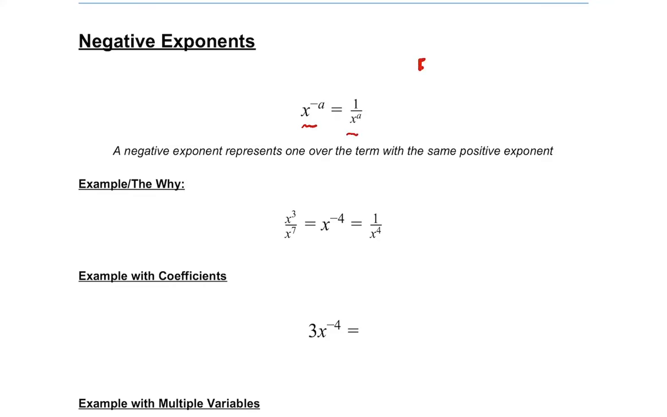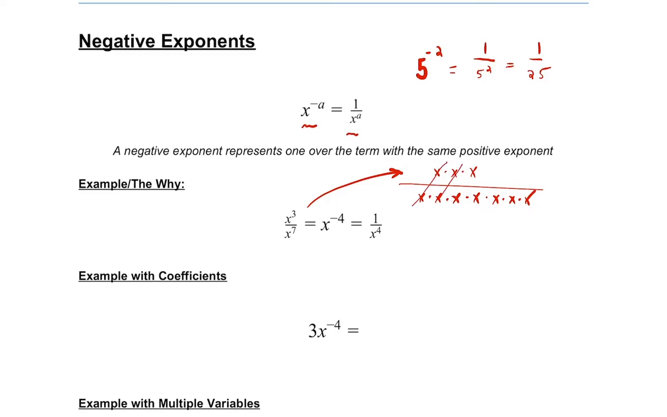So as a quick example with a number, 5 to the negative second is 1 over 5 squared, or 1 over 25. And the reason that this is how negative exponents end up being represented is, take a look at this one. If we had x to the third over x to the seventh, and we try and apply our breaking up procedure, we have 3 x's being multiplied on the top, 7 multiplied on the bottom. 5, 6, 7. So x divided by x is 1, x divided by x is 1, x divided by x